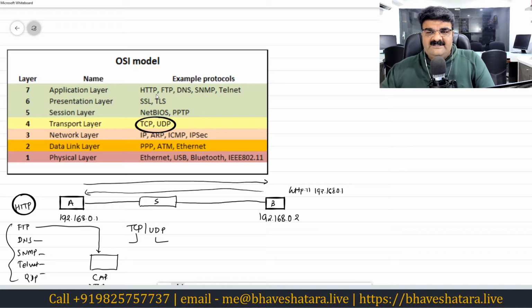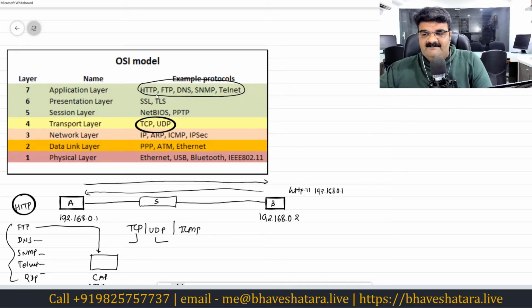All these application layer protocols have to use one of the transport protocols, because the transport protocol provides the communication channel between one computer and another. There are only two protocols, TCP and UDP, and in another layer we have another protocol called ICMP. I will explain ICMP later, but we have three options: TCP, UDP, and ICMP.